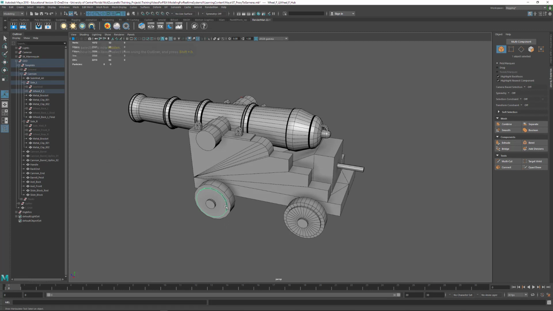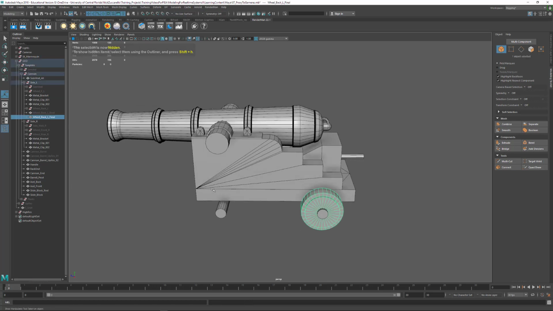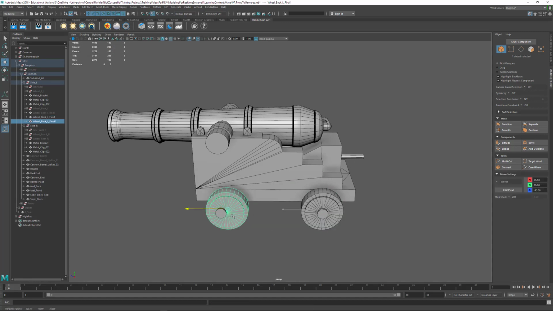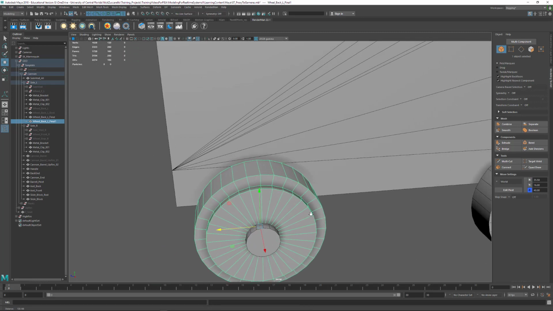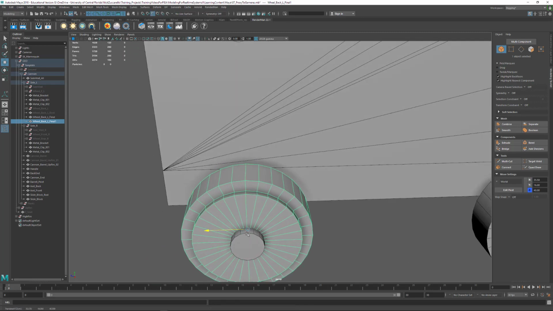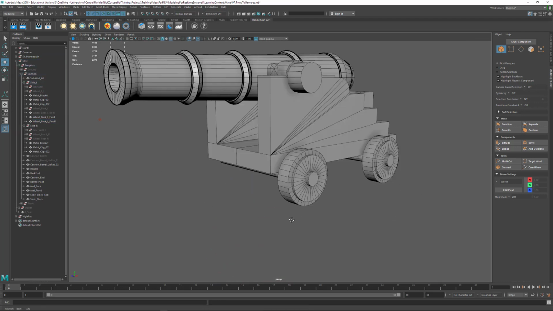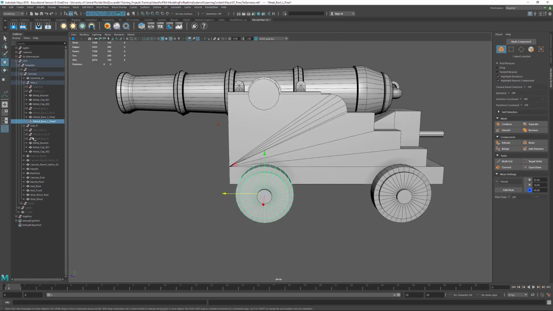And if I select this and tap the up arrow key, I can grab the group for that, and I can hit Control H to hide that. So let's just take this wheel and we'll duplicate it and move it, and I'll hold down V to snap right here on the center vert. So if I hold down V, I should be able to select that and just snap it right to the center there like that. Let's call this wheel front